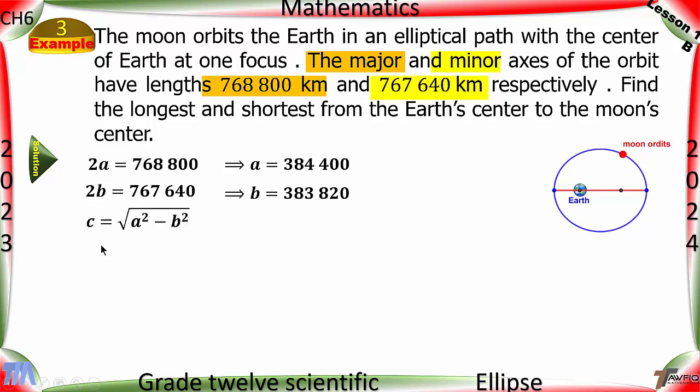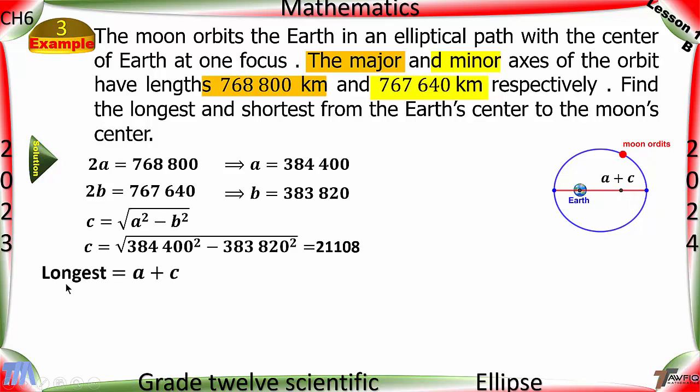And c is equal to the square root of a squared minus b squared. So c becomes 21,108 kilometers. And now if the moon was here, this is the largest distance, so a plus c. So the longest is equal to a plus c. It is equal to